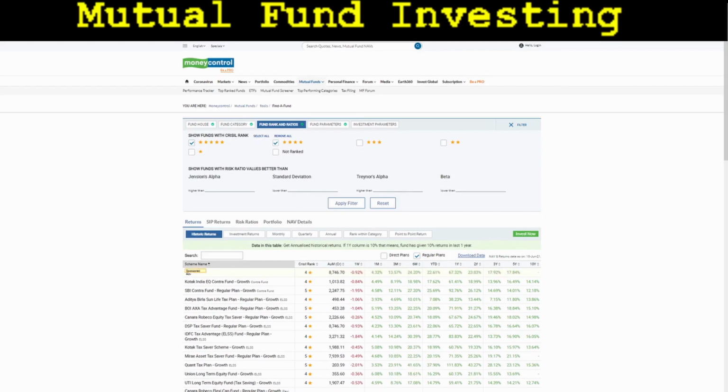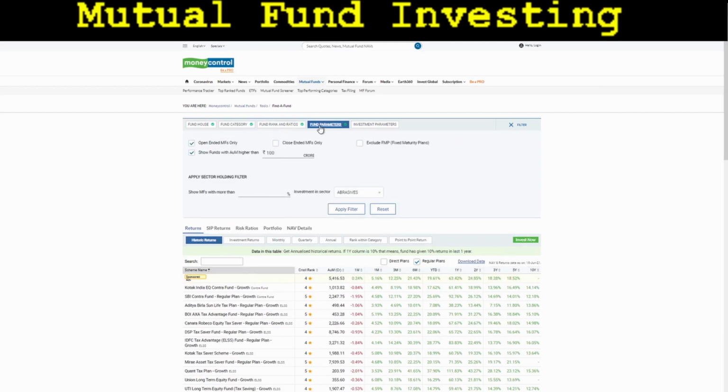Most of the mutual funds are rated by CRISIL, which is the rating agency of mutual funds, and it gives a rating from 5 down to 1, 5 being the best and 1 being the worst. This ranking is based on the fund's performance over the last few years and also based on their stock selection criteria and other parameters which are decided by CRISIL. It is better to remain with 5-star or 4-star funds because other funds are a bit risky as compared to the top ones.